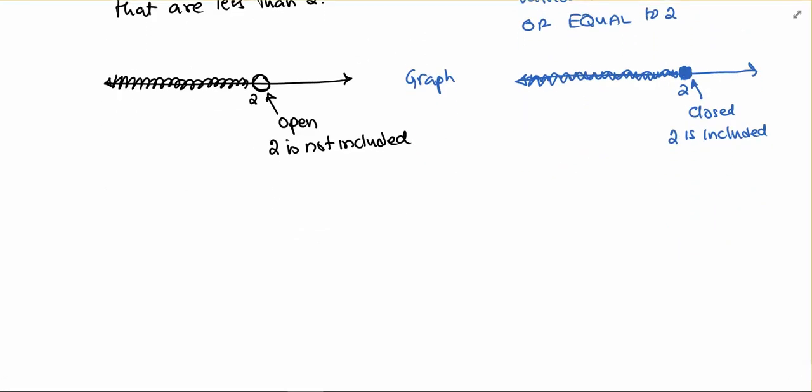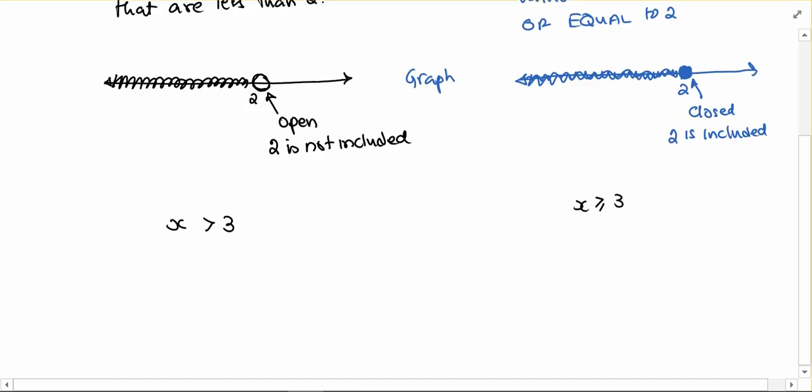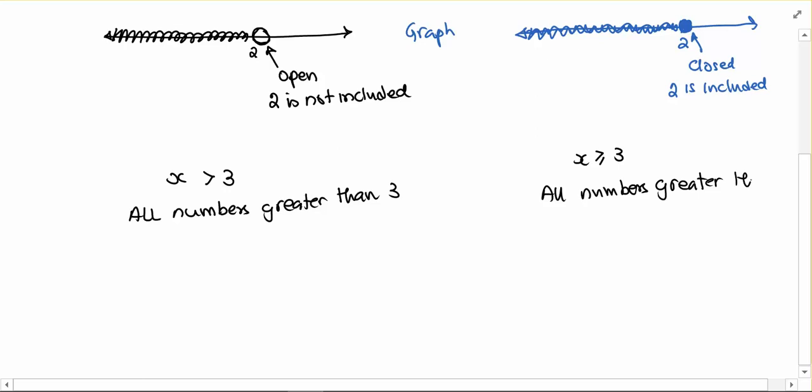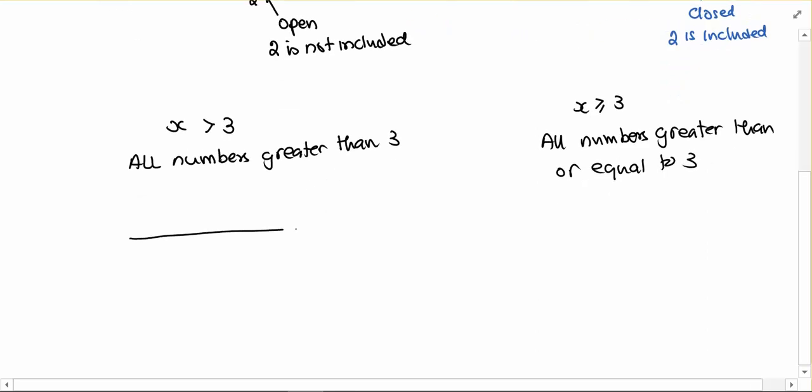And so second example, let's say we have x is greater than 3 and x is greater than or equal to 3, just to again compare. This means all numbers greater than 3, and this means all numbers greater than or equal to 3. And again, if you were to draw a graph of this, so we would take mark 3, and